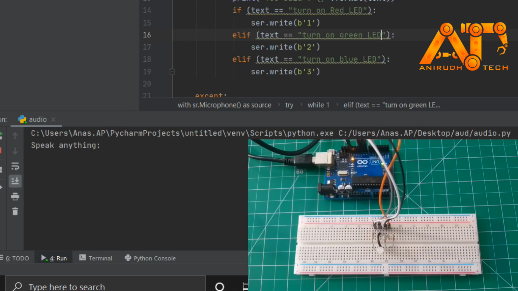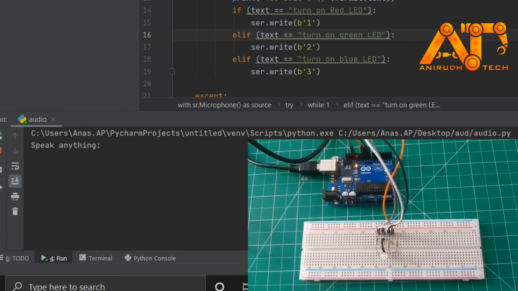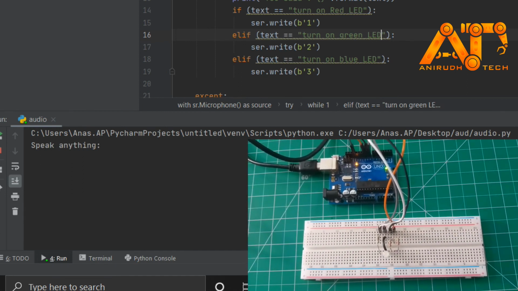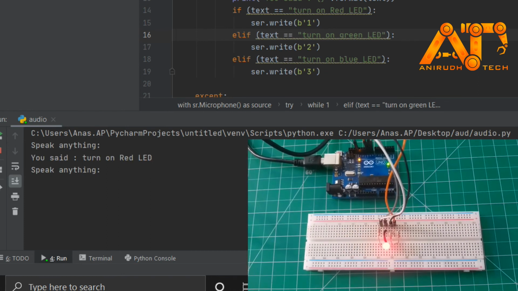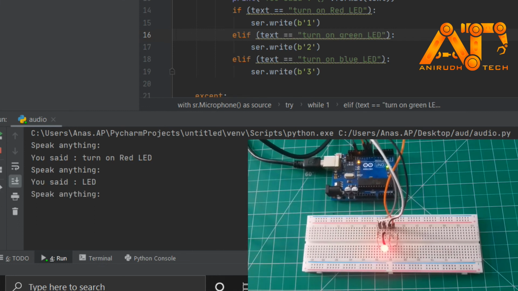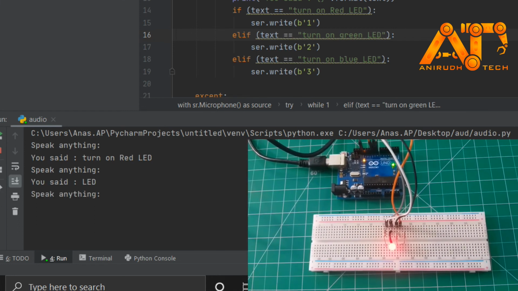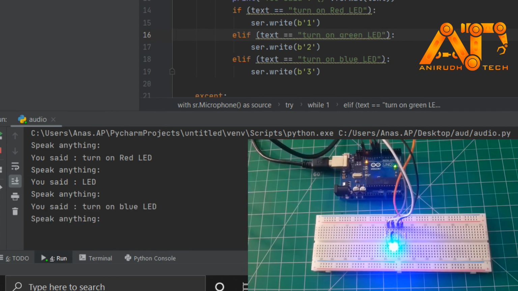Turn on red LED. Turn on green LED. Turn on blue LED. Turn on green LED.